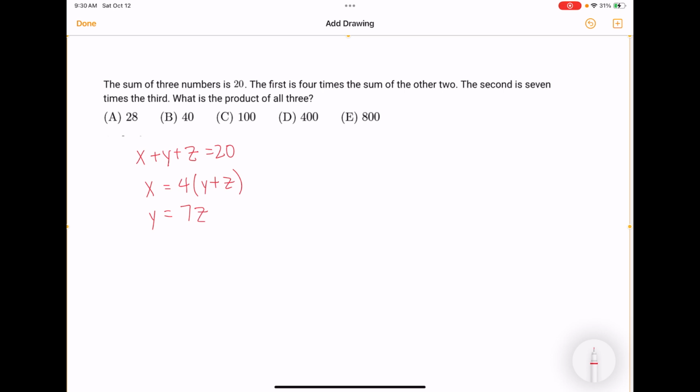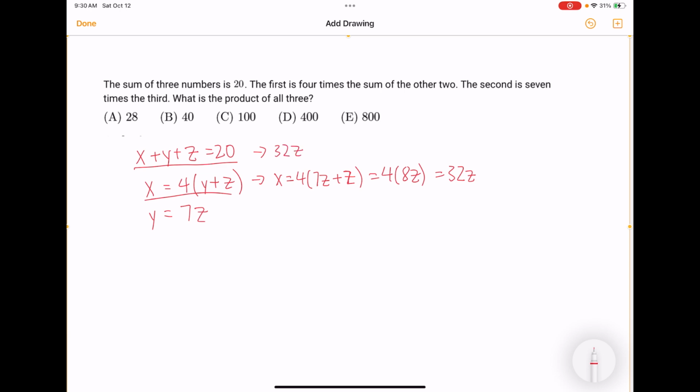So you could either plug in x and y into this equation, but I'm just going to first plug in y for this equation. So we'll get x is equal to 4 times 7z plus z, which is equal to 4 times 8z, so that's 32z. So x is 32z. And then y we know is 7z. So we can plug it back into the first equation to get